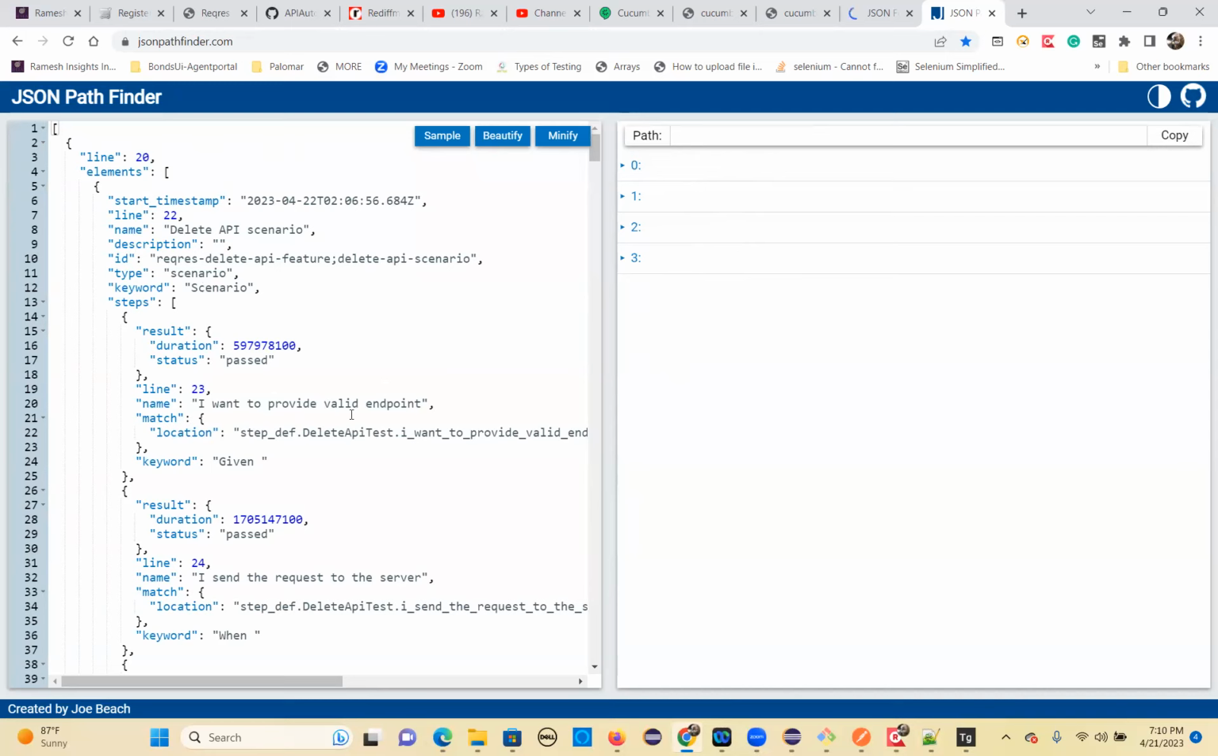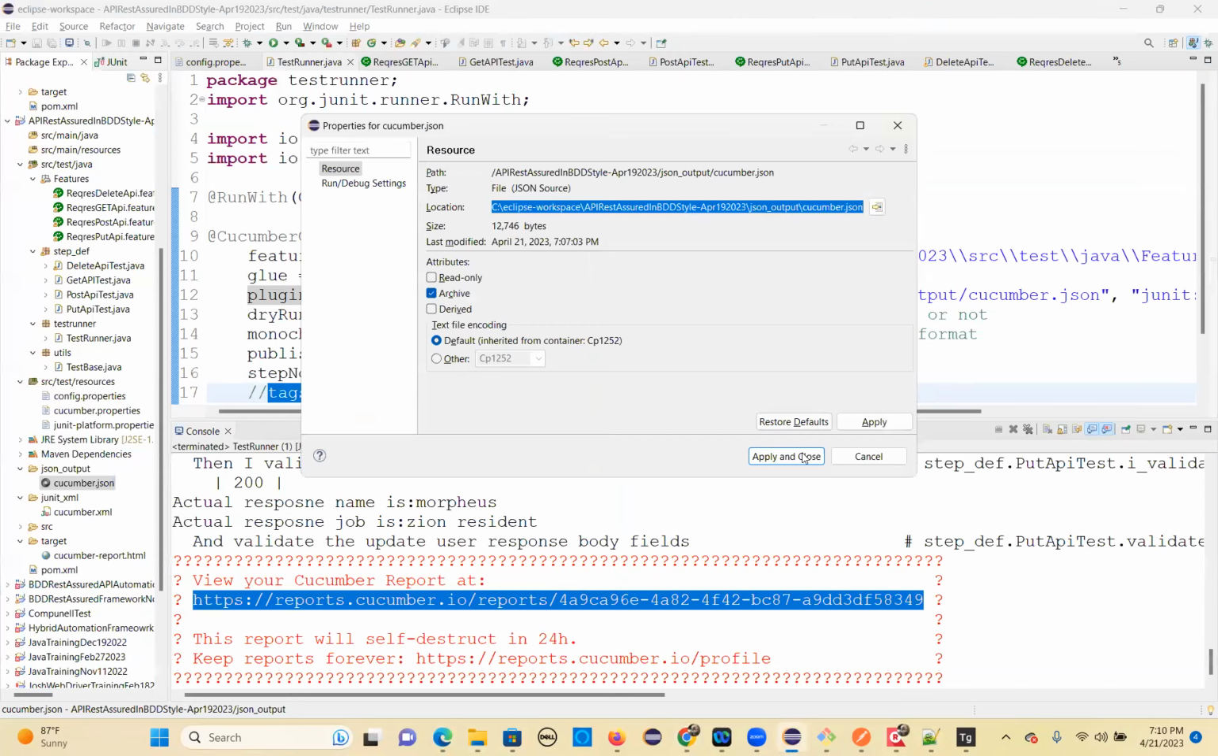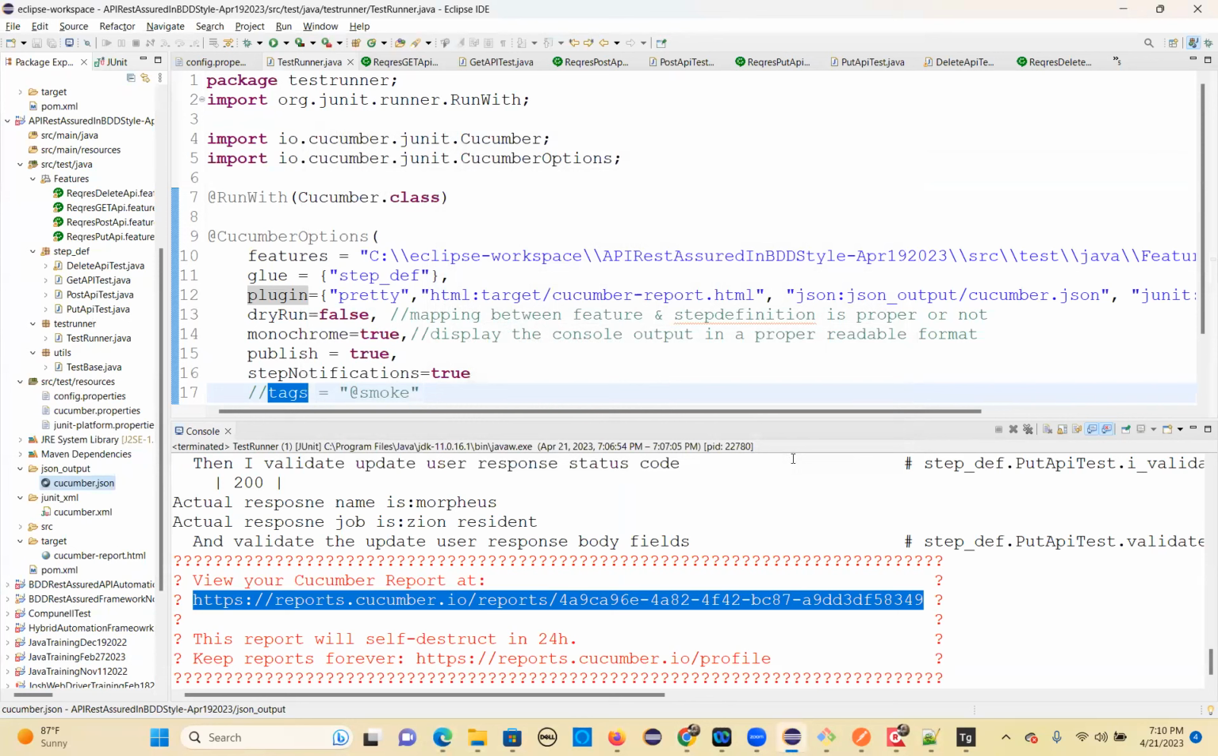That's all about the BDD style REST Assured framework. Any questions? So we'll end this, then we'll start the new one for resume preparation and interview questions. That's better, right? Yes, Ramesh. Okay. Stop this. Any questions before